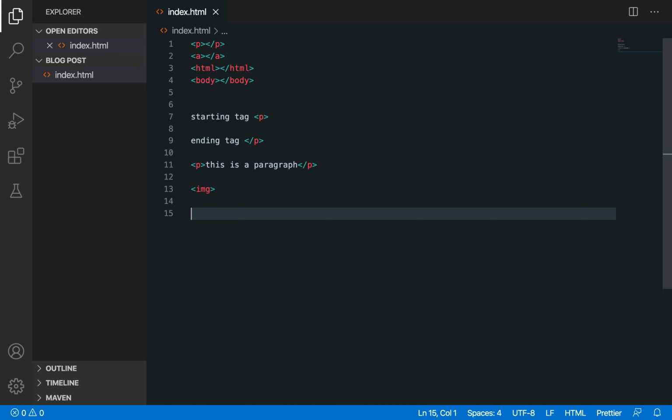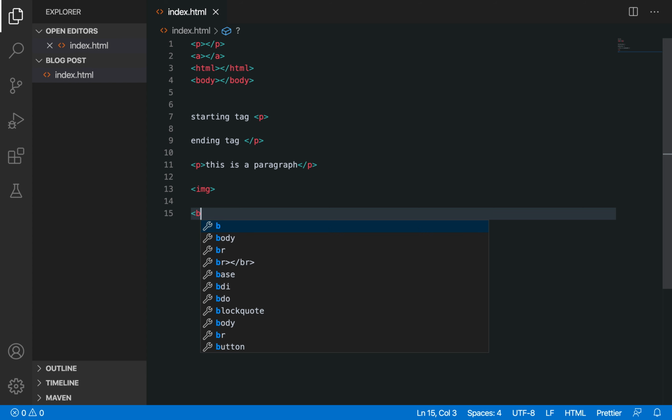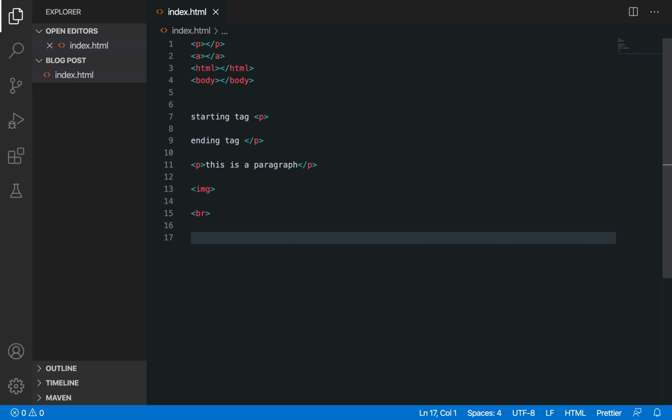Inside this we will write something which will be used to represent our images on the web page. Similarly, there is also a tag known as the break tag, br, like this. It also doesn't have any ending tag. So these two tags, img and br, and there are also other tags which do not have an ending tag, but most of them have an ending tag, like this paragraph, this anchor tag which is used to represent links, this HTML tag, and this body tag.